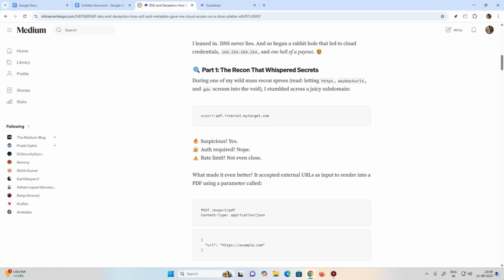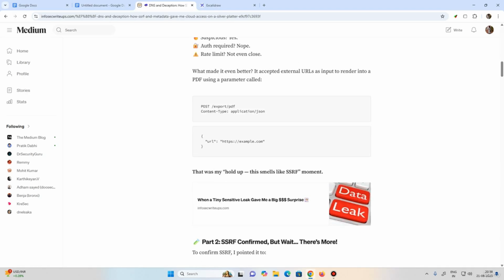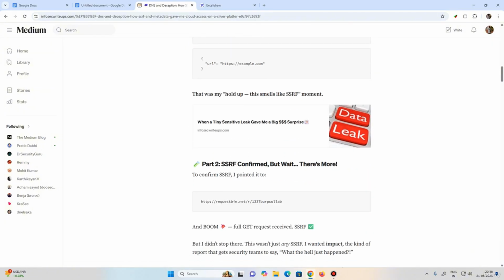What made it even better? It accepted external URLs as input to render into the PDF using a parameter. So this was the request which says export PDF with the URL. You could enter any arbitrary URL over here. So what he did was